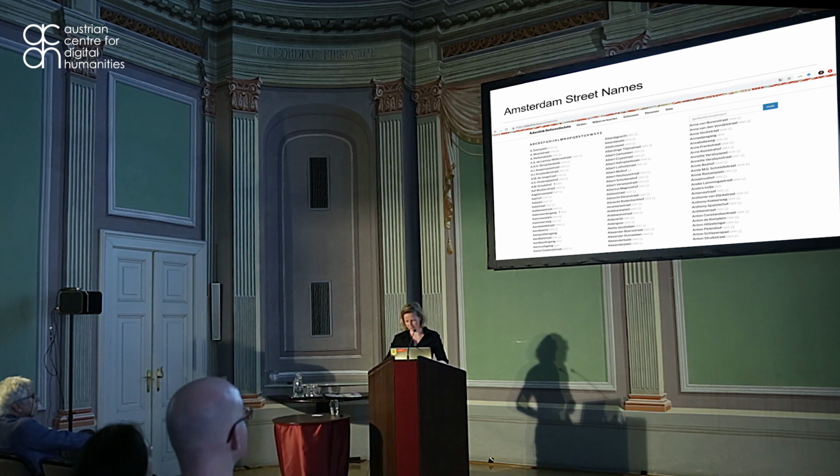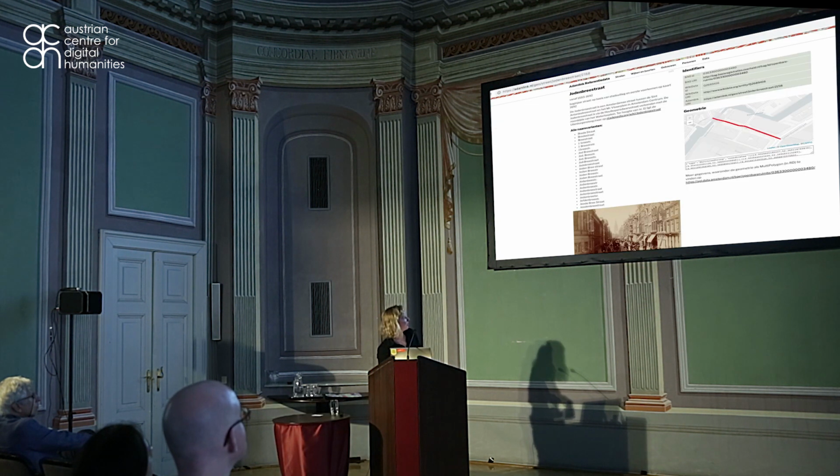So these are a bunch of street names. I hope you can see it at the back. If you can't see it, all you need to know is that this list in the middle, those are all the different name variants of what is currently known as the Jodebreestraat that we have found. So that's quite a lot, but they've actually sorted this out for at least the city center and also created